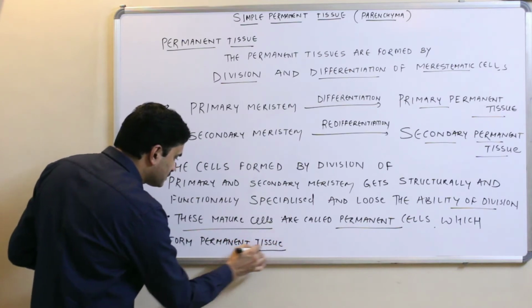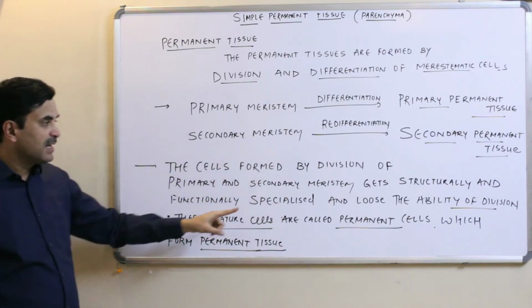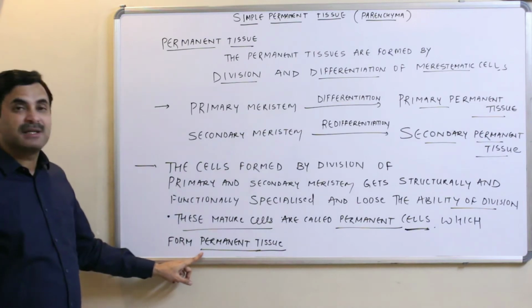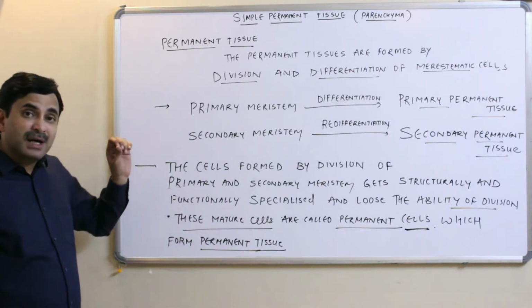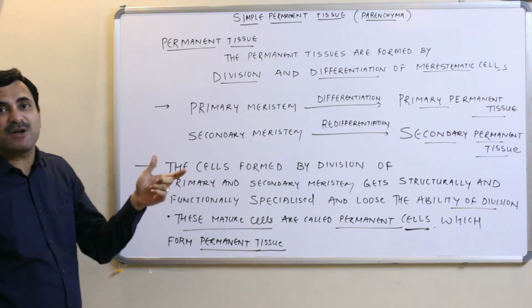So these mature cells which have lost the power of division are called the permanent cells, which form the permanent tissue. Alright. So this act which leads to maturation of the cells,